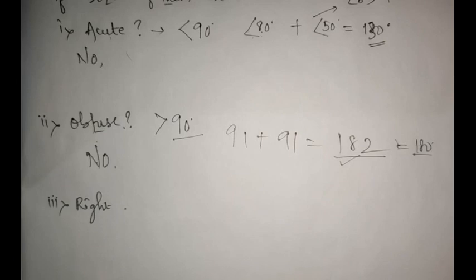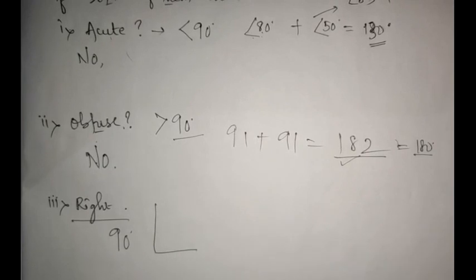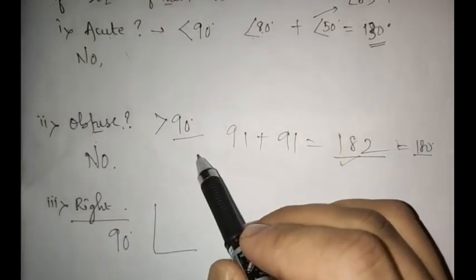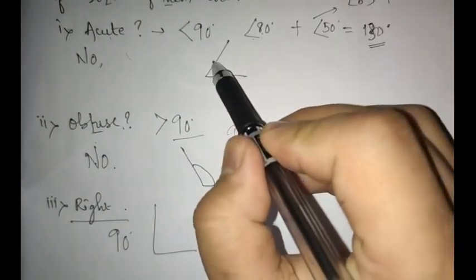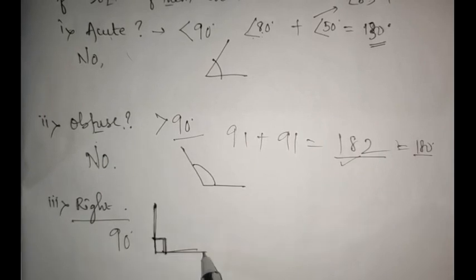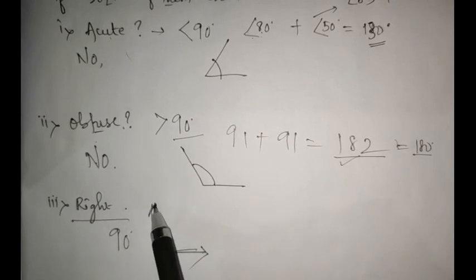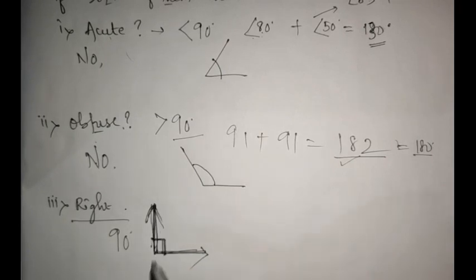Okay, a right angle is 90 degrees, like this, and obtuse means it is greater than 90 degrees, like this, and in acute it is less than 90 degrees. So it is, sorry, not straight, it is perpendicular always, right? On the base, in this angle, the height is always straight. Okay, so this makes a 90 degree angle.